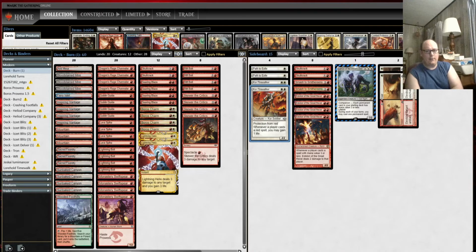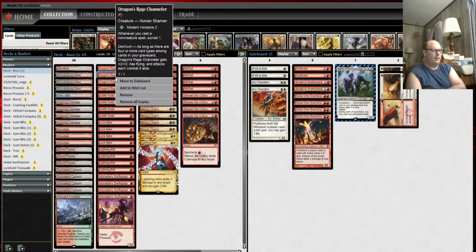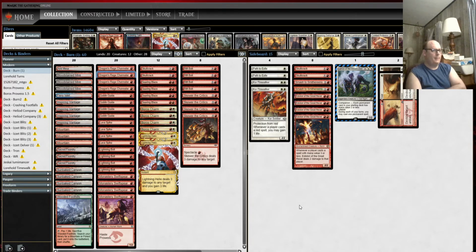Alright. So we're going to do a short video with some burn. Mainly focusing on seeing how Darcy changes the complexion of the burn deck. As far as what I've done in this version, just put Dragon Rage Channeler in the main deck, move Eidolon